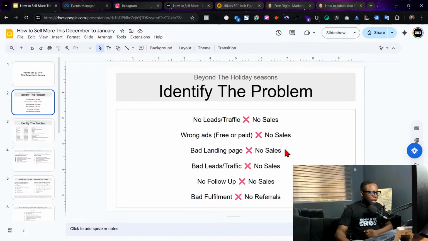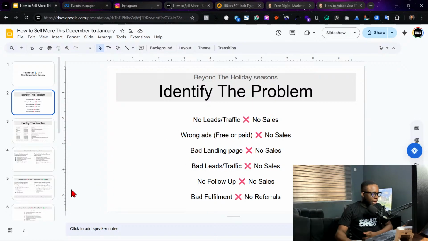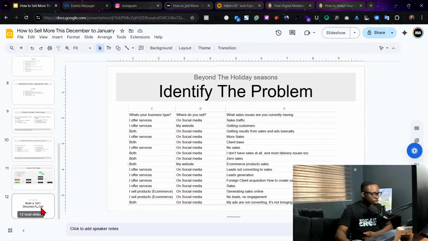One of these problems or issues is your problem, right? And we can fix it if you want me to fix it. But if you can fix it yourself, do it yourself. You can go back to your funnel, like the way I draw up a funnel. Draw a funnel. Know how you acquire.